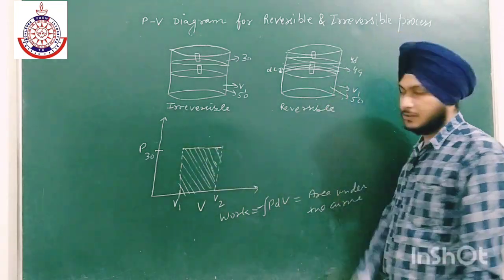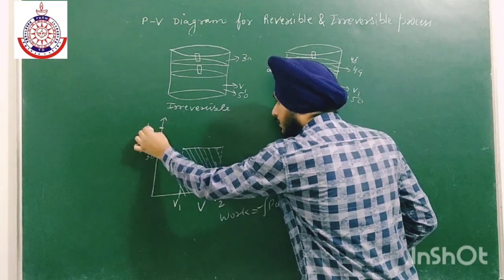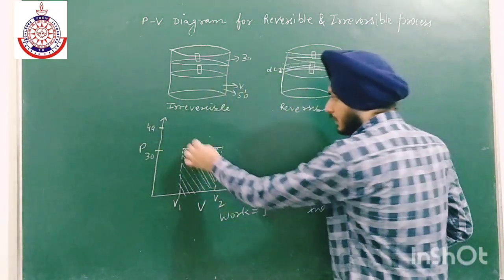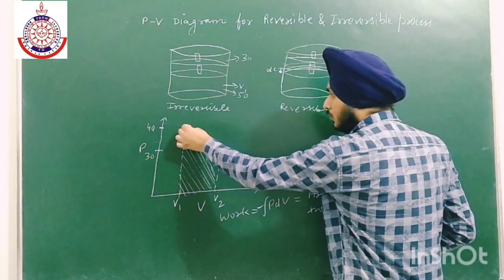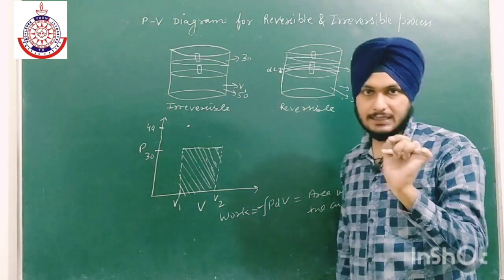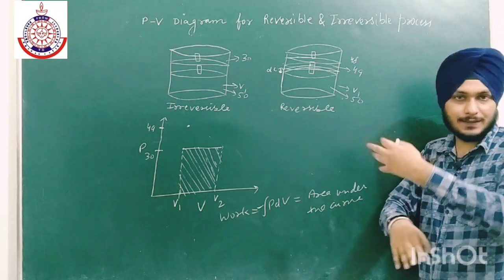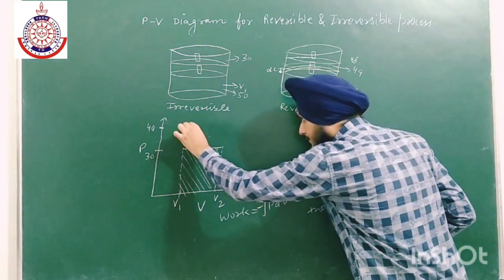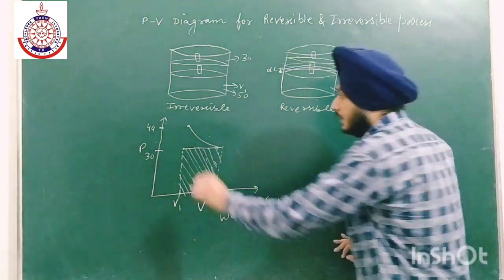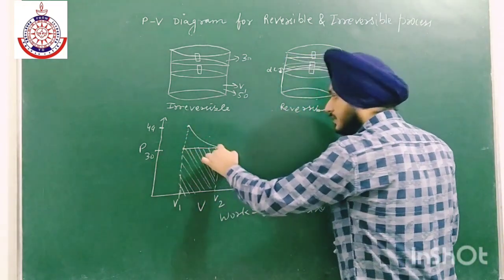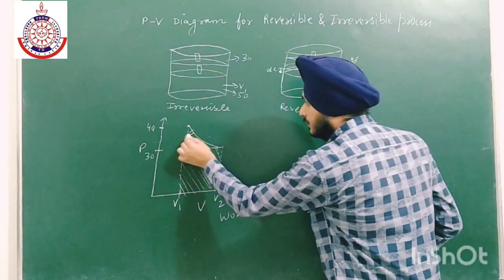So that is why we have to draw the graph for reversible, and we know that the external pressure is 49. Let us take it as 49 over here. Now the volume is V1, again the volume will be V1. Now at each and every point we have to decrease the external pressure in order to do expansion. So the graph will be like this. It is a curved graph that we will get. Like this, and the area under this curve will give us the value of work.